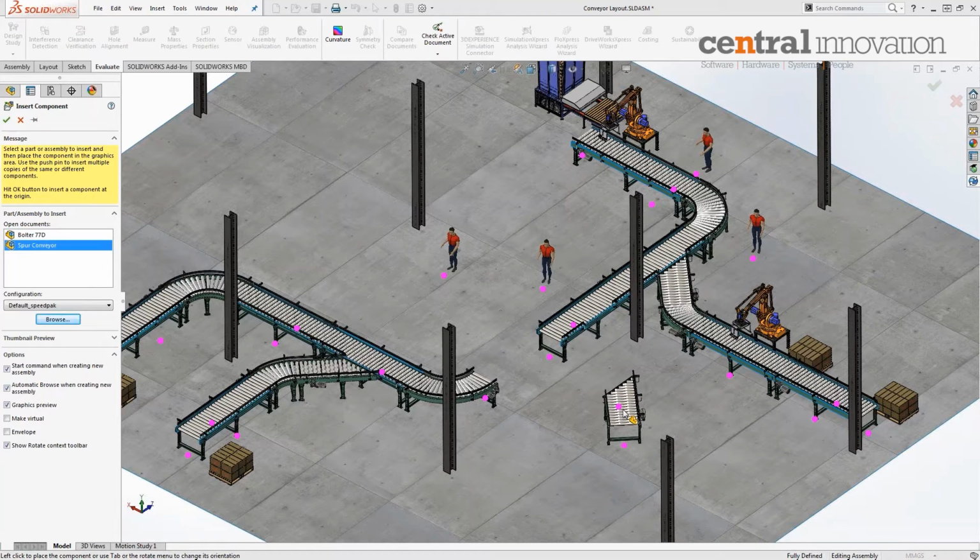You'll notice as I drag that across the screen, or even once the screen refreshes, that there's a number of pink dots shown on the screen, including on my conveyor. And you'll see as I drag that conveyor close to any of the pink dots on the existing geometry that it highlights,